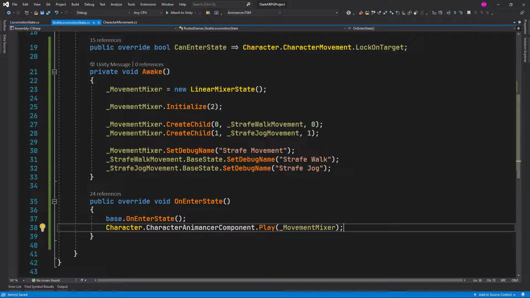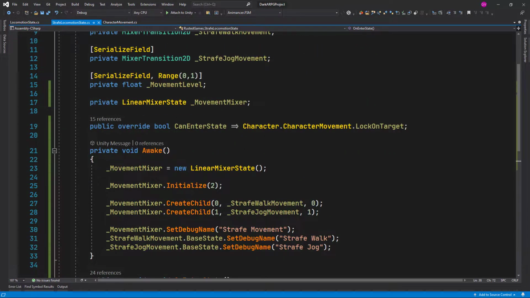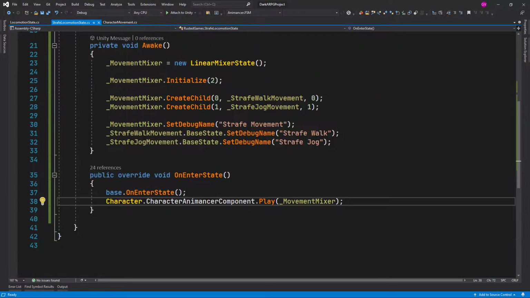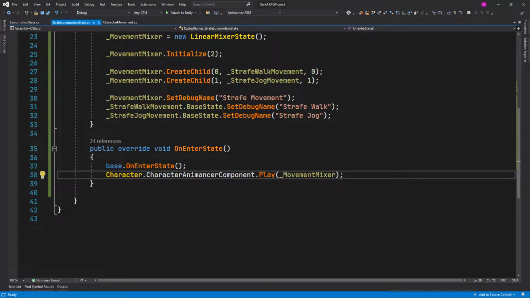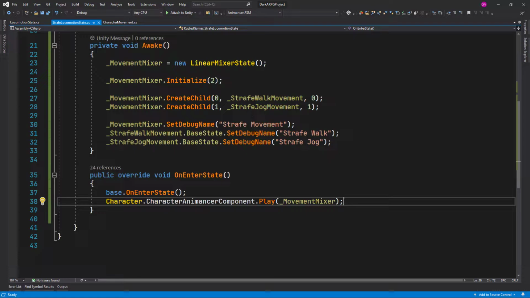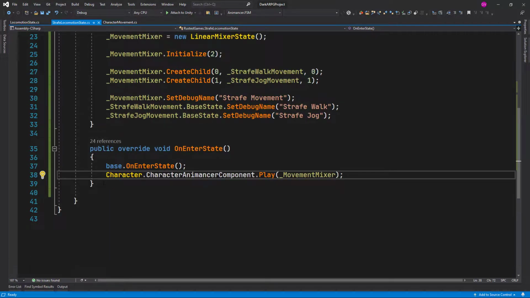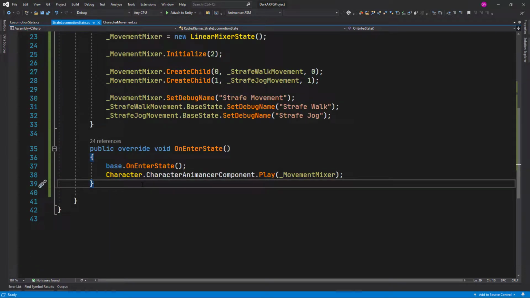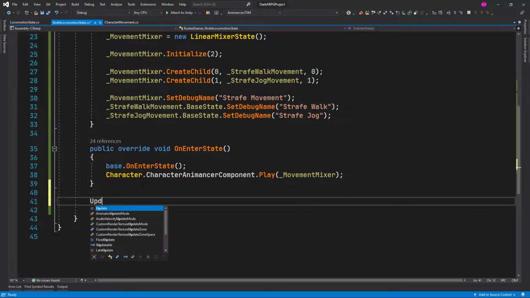So this will start playing this movement mixer, but we need to set the movement level according to the gamepad stick, as well as the movement direction to determine to which direction we need to move the character. Okay, so for that we are going to call this in the Update method,